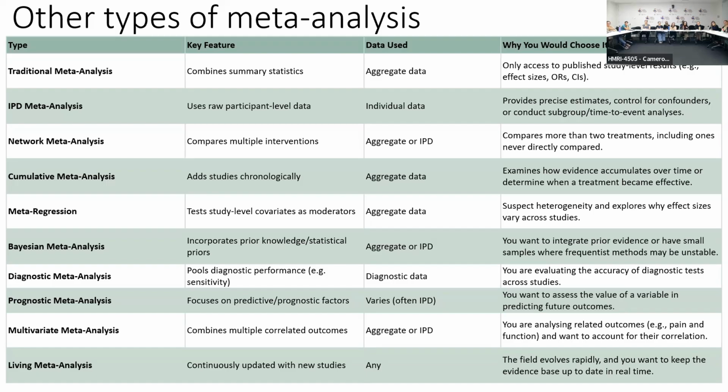Diagnostic meta-analysis, so we're looking at the diagnostic performance of tools, very specifically that element instead of kind of that favours placebo, favours intervention kind of design. Prognostic meta-analysis, so you're looking at the value of predicting future outcomes in something, of a disease. Multivariate meta-analysis, so you're correlating multiple outcomes at the end. And a living meta-analysis, where you're just continually adding studies all the time. That's a lot of work, so you really have to want to do that.